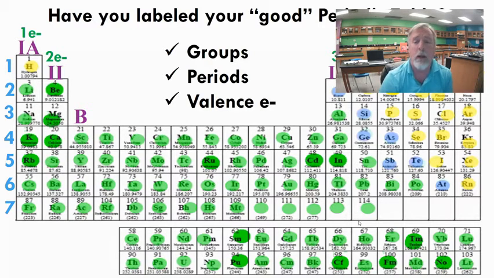The 1A, the 2A, the Roman numerals here up at the top, right? And those are your group numbers. And then you put your periods here, 1, 2, 3, 4, 5, 6, 7 on the left. And also put your valence electrons up on the top of each group. One valence electron in group 1, 2 electrons in group 2, etc. The group tells you the number of electrons. Group 7 has 7 electrons. Group 8 has 8 valence electrons. You're going to use this picture a lot.